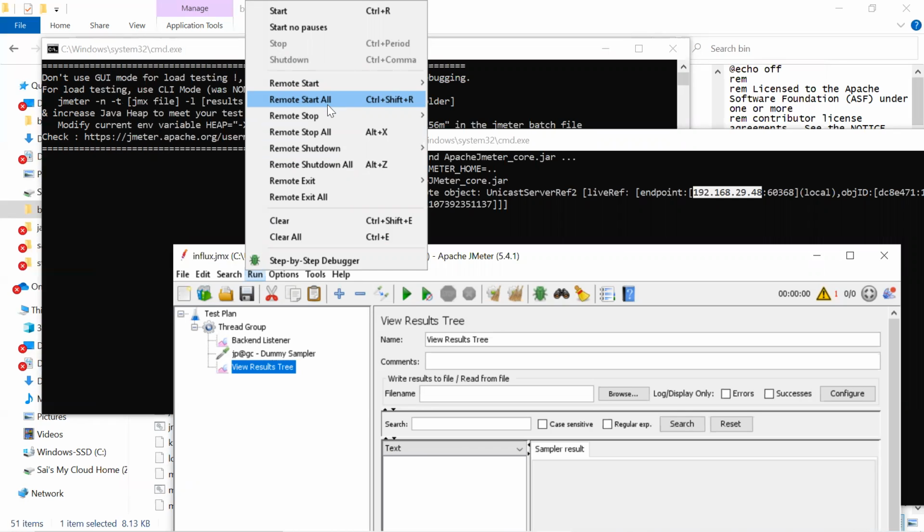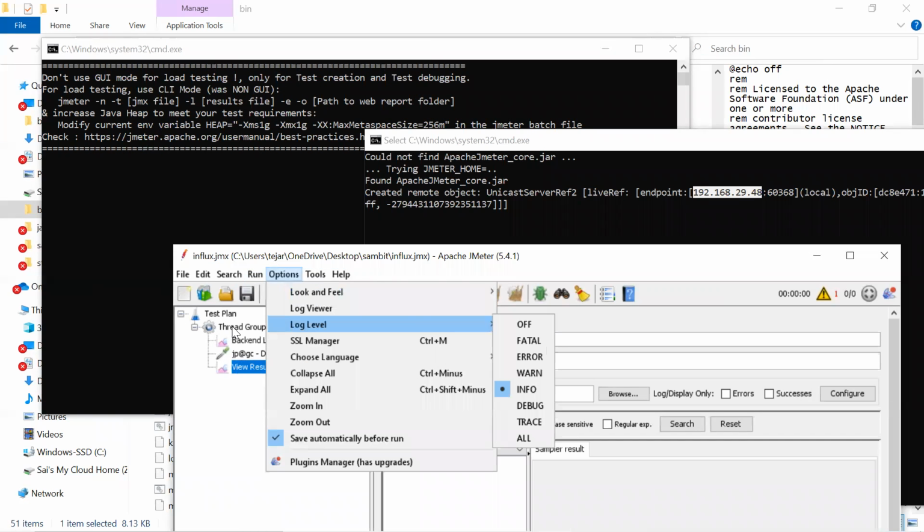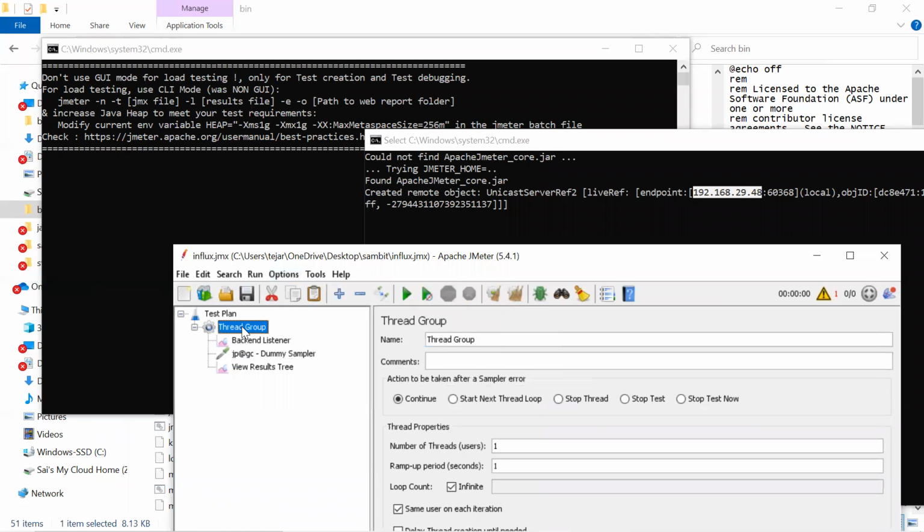So here is my question. Just add a thread group there, something like 10 users. So I add three slaves, right? It means these 10 will be distributed across all three? No, it won't be. It will be duplicated: 10 in master, and 10 in each of the other 3. Total 40 will come.